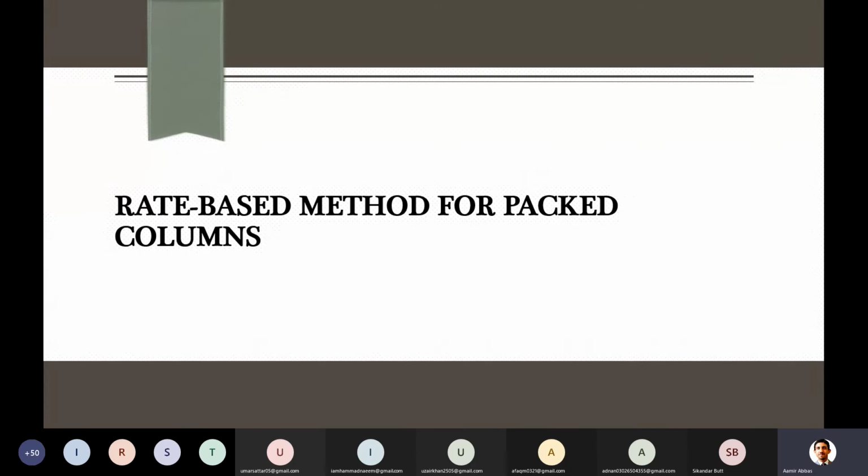When we started with absorption, we said that we have to bring some liquid and vapor in contact with each other. At the start of this chapter, you studied that there are various kinds of equipment which can be used for this contact between vapor and liquid. Out of those, we selected two which were the most efficient and widely used: the tray tower and the packed tower. The tray tower involves a number of trays. There are different types of trays, and you have already designed that tray column.